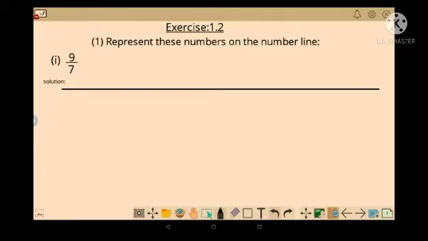And if you want the introduction video of how to represent the numbers on the number line, I have kept another video. It is coming soon, so you can go towards it before doing these sums, and also you can see the introduction video. So you can know how to do all these sums and the textbook example sums.